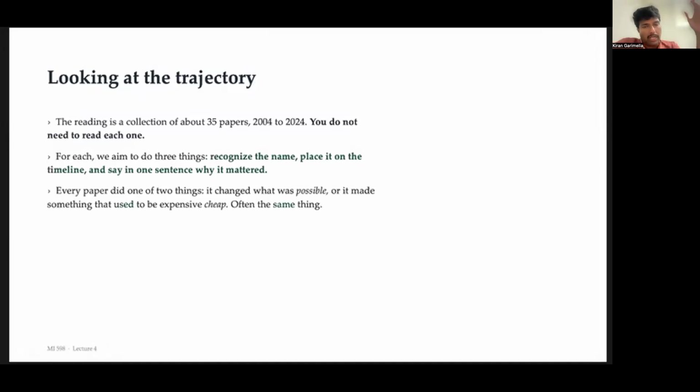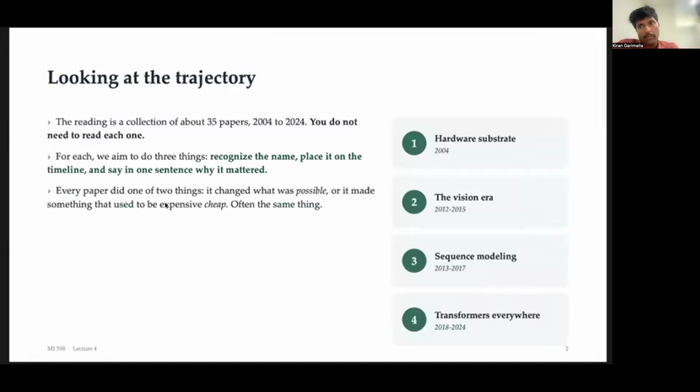And then again, these papers are extremely influential. I mean, they've influenced thousands of papers and maybe hundreds of millions of people's lives, meaning people are using these kinds of technologies built on top of these papers. So they're very, very important. And so we'll follow it in four stages.